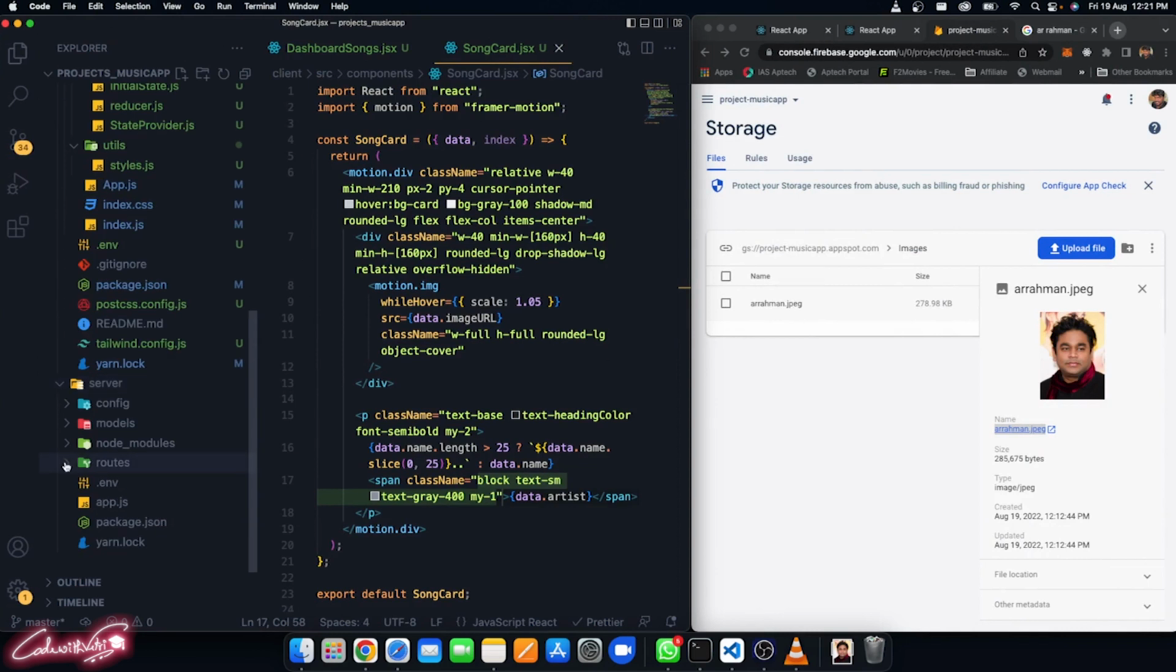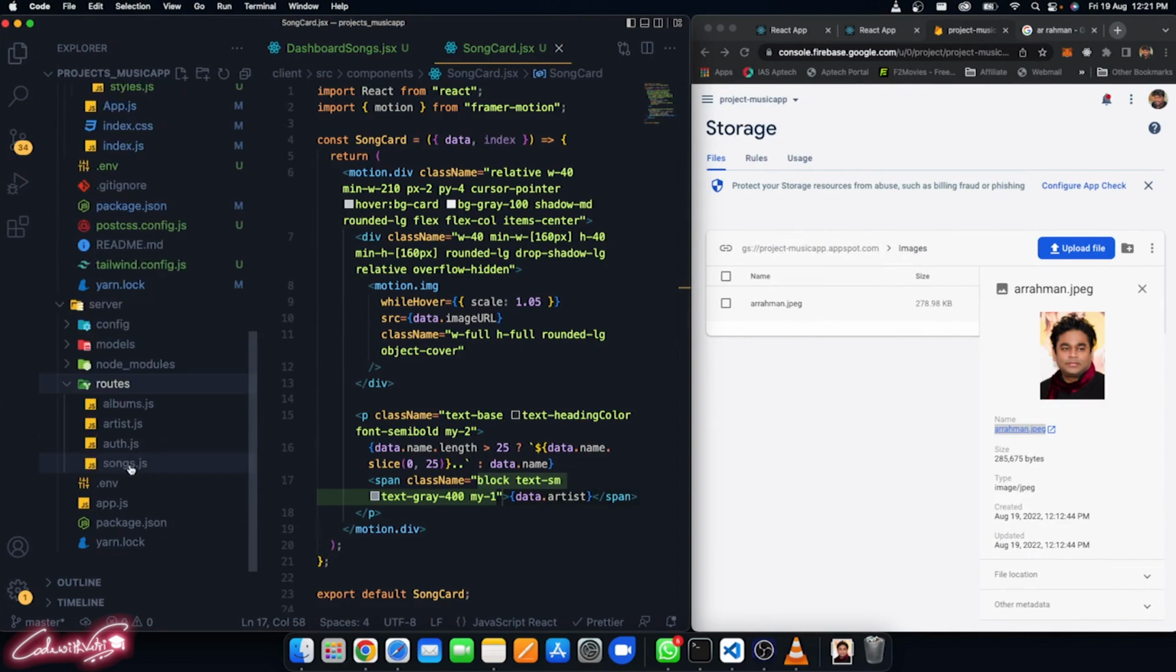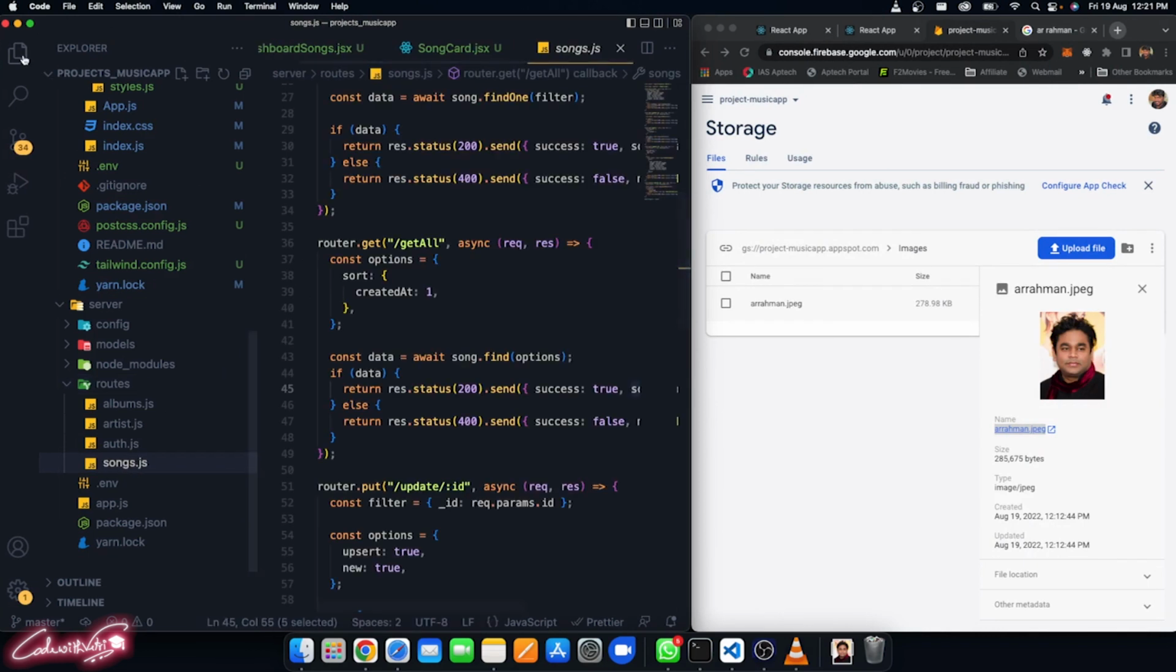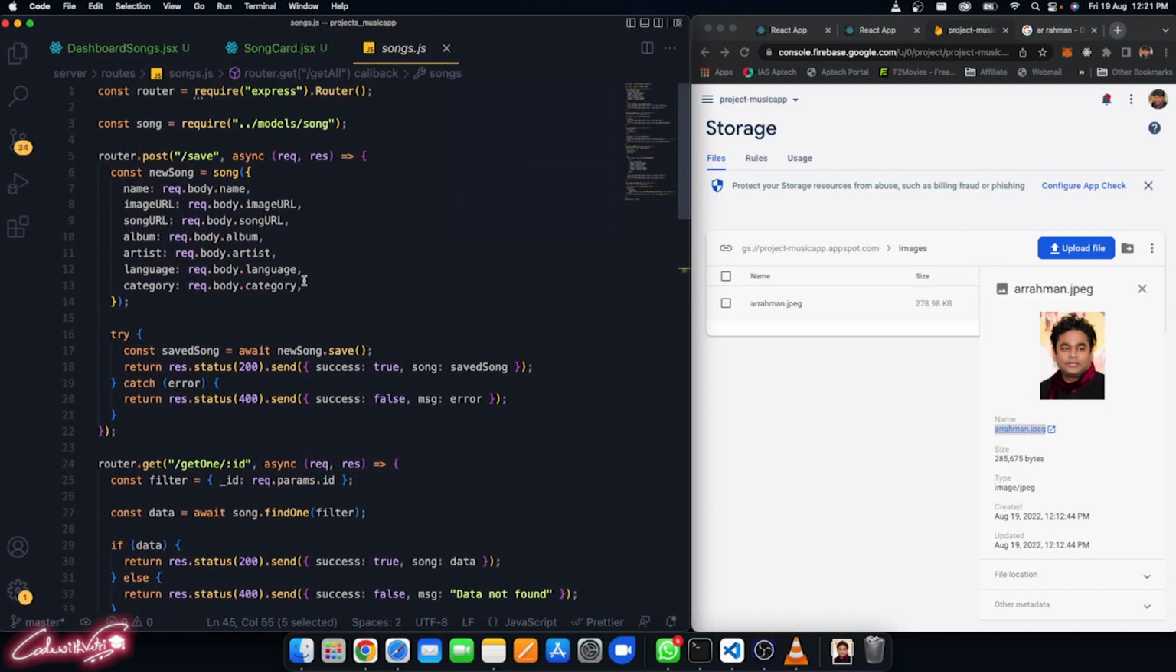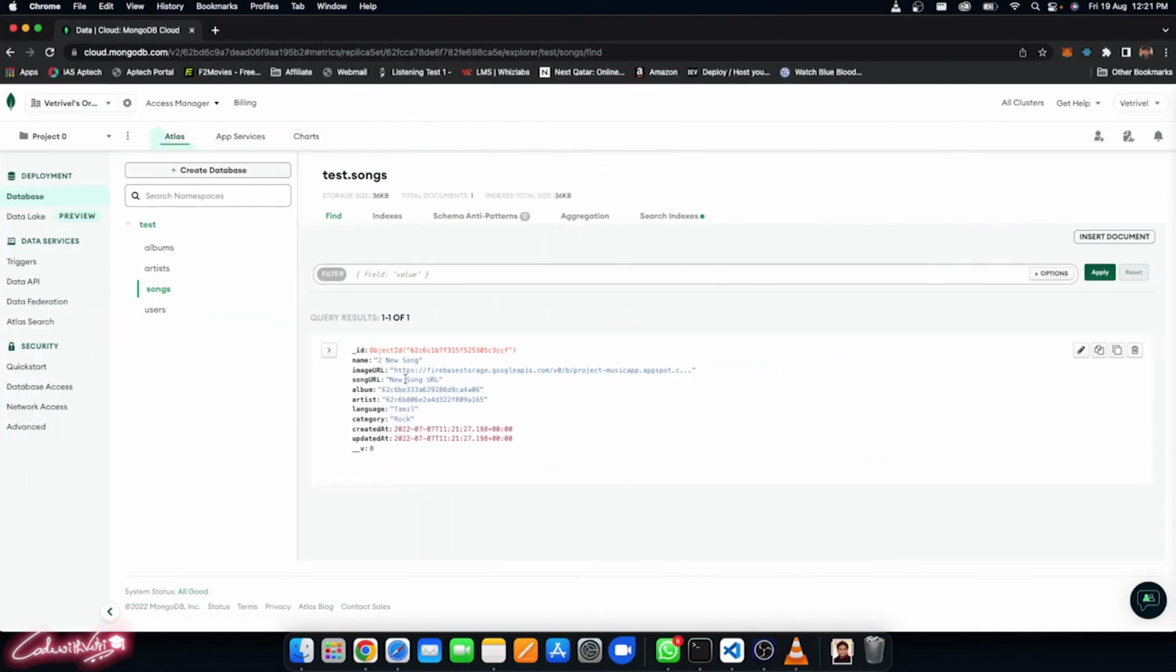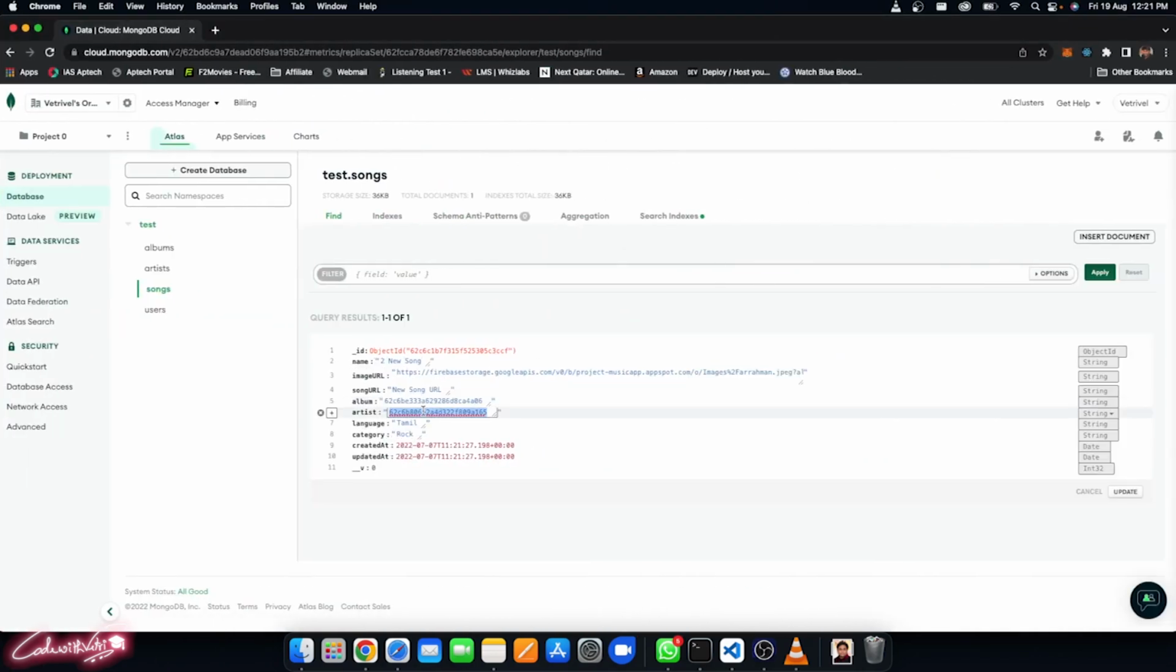So let's go here, routes, songs. By the time when we are creating a new song, what information we are sending, we are sending the request body dot artist. So whatever information we are sending as a string, we are sending it through here. So what I can do is I can go back there and I can update this information as an artist name is going to be A.R. Rahman,